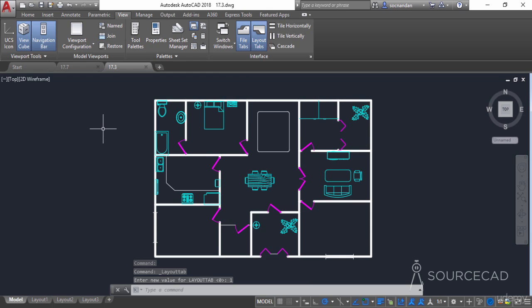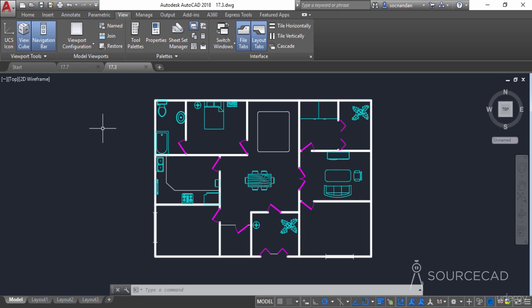But if you are not able to figure out the problem, or if you are not able to find out the exact reason, then you can try a reset. But resetting the AutoCAD will remove any custom settings that you have applied. So obviously you can make a backup of custom settings and you can reset, or you can simply reset your software and make those settings once again.